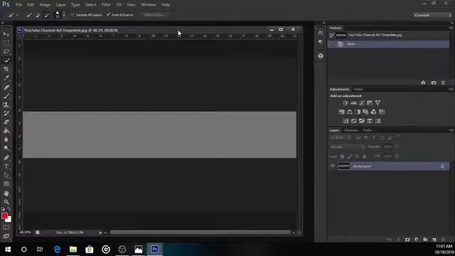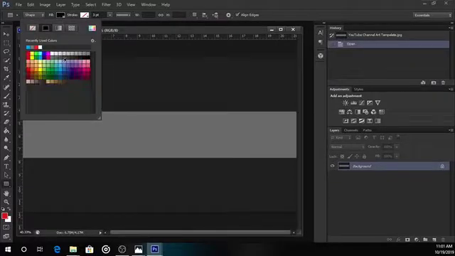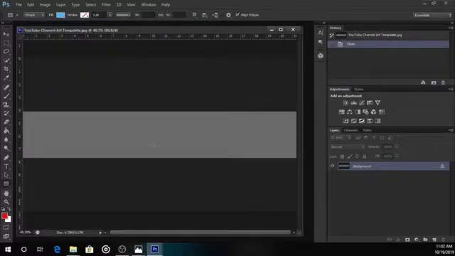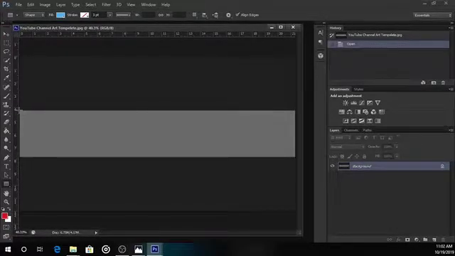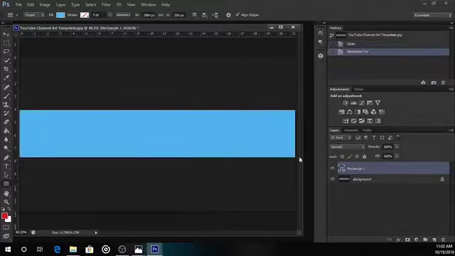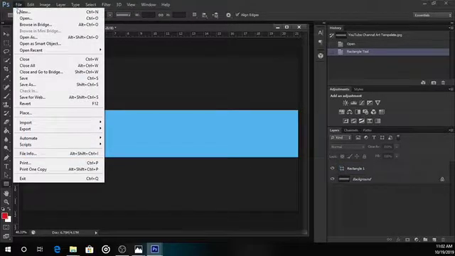So now what we want to do is select the rectangle tool and select your YouTube channel color. So my YouTube channel color is light blue, so I'll select light blue. So now what you want to do is make a rectangle on this gray color rectangle on top of that. As you can see now, our channel art is being created. So now what you want to do is go to File, Open,